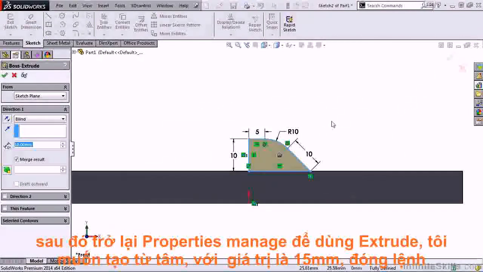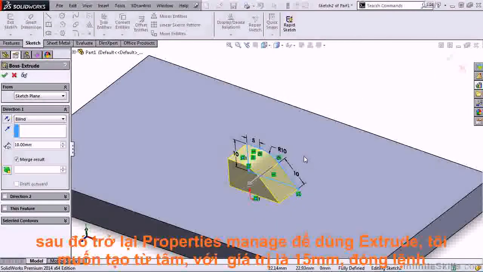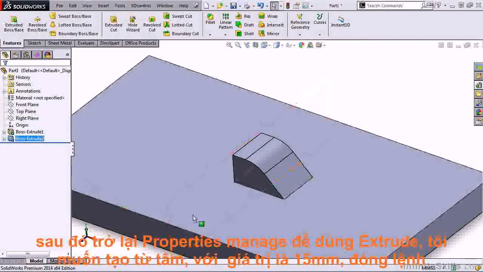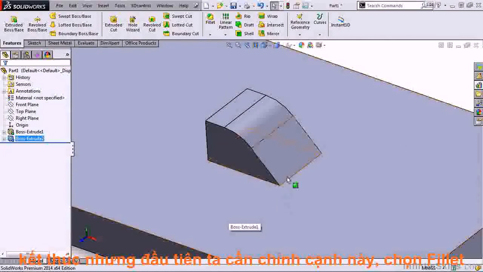We are then returned to the Property Manager for the Extrude command, and I want to extrude this about the midplane for a distance of 15 millimeters. I will close out of the Boss Extrude command, and I am almost finished. But first, I must add a fillet to this edge here. Because if you were to lance this into a sheet metal part, the sheet metal part will not like this sharp edge. So I will select the fillet command,